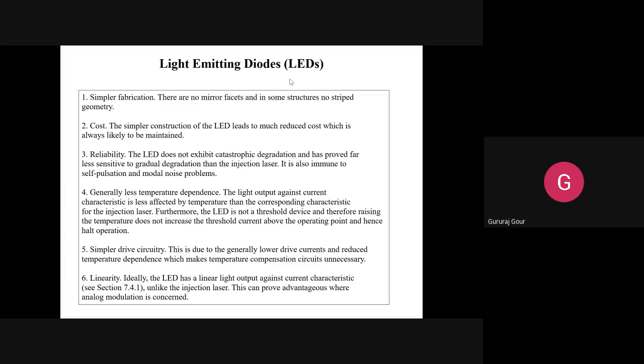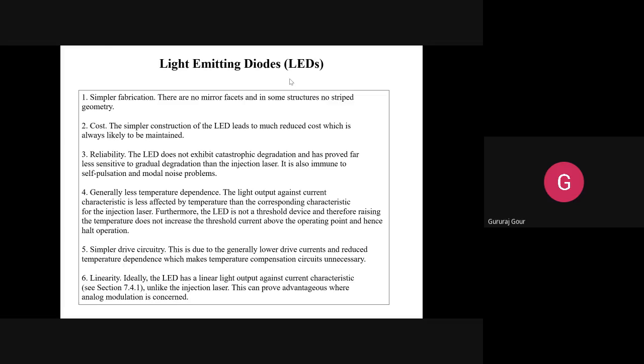So no question of thresholding, because at this instance the LED is following that one condition of emitting only those rays which are falling within the cone angle governed by the critical angle. I think that is becoming the major factor in making this device less dependent on the temperature. This is a key factor you have to analyze and understand here.